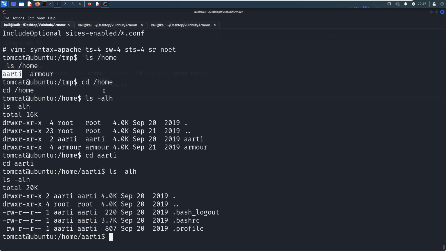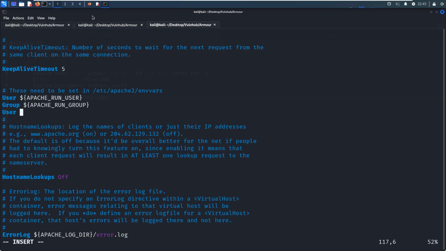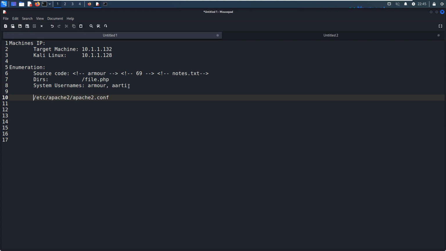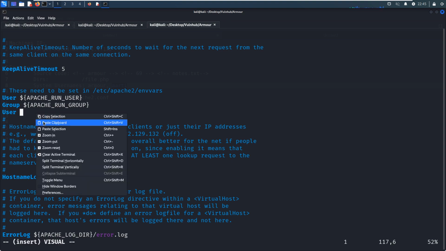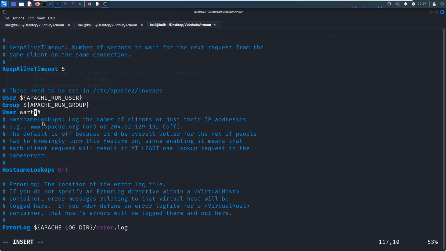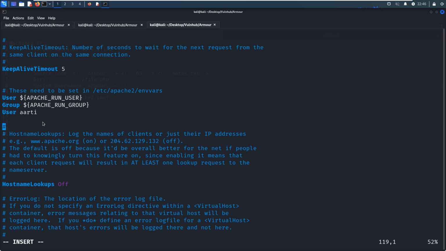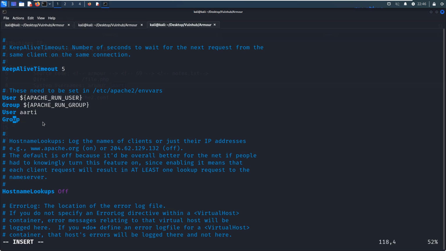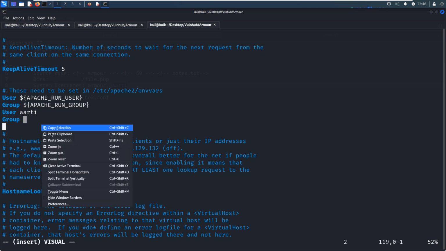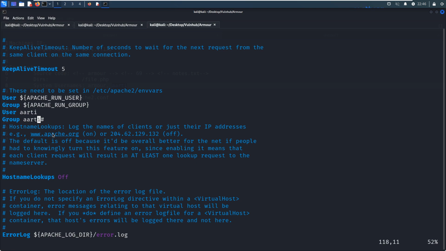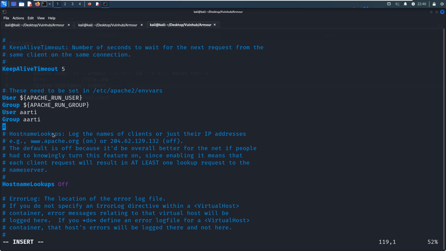Okay, we can copy and we can copy here. Sorry, my bad. Paste in here. And also the group. And then we can write and quit.